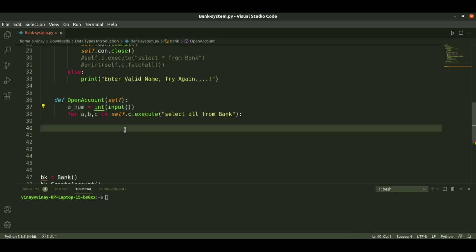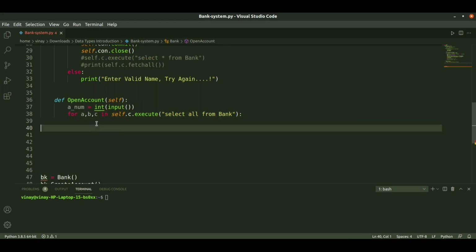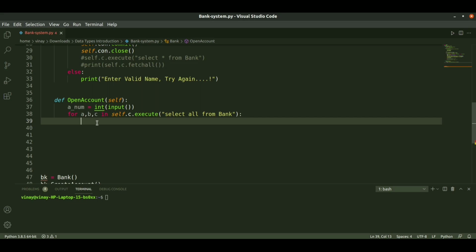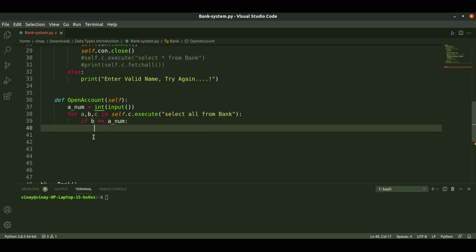and we need to check whether that account number is in this bank or not, whether it is valid or not. The account number will be in the b variable, so we need to write: if b is equal to account number, and it is true, then we will simply pass.